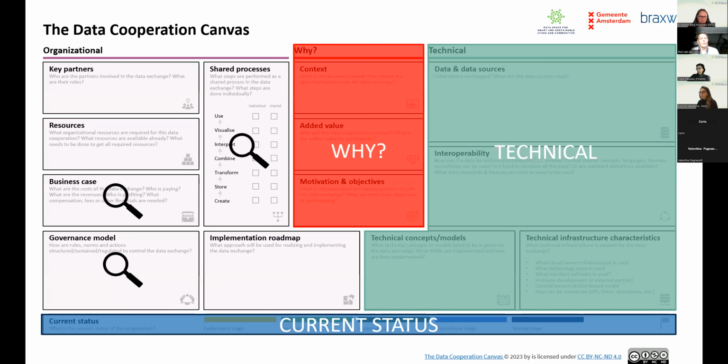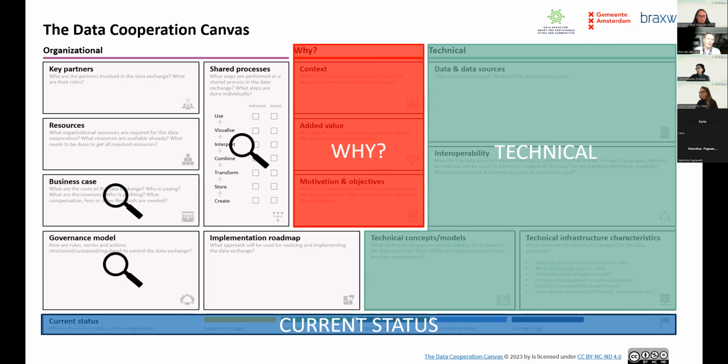And when you look at the organizational part, it is important to describe what will be your key partners, what will be the organizations who will be absolutely necessary to make this cooperation a success. And how will they be involved? Will they be leading? Will they be supporting? Will they have a financial role? Or is it something to do with quality and so on?